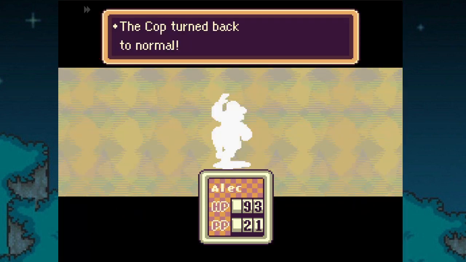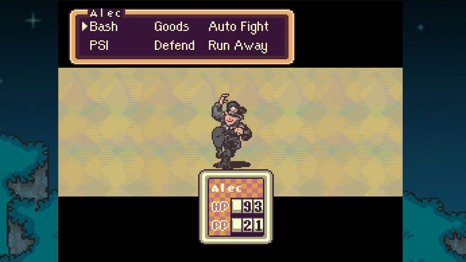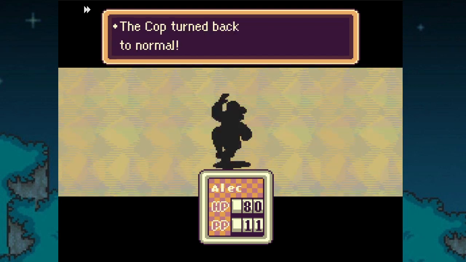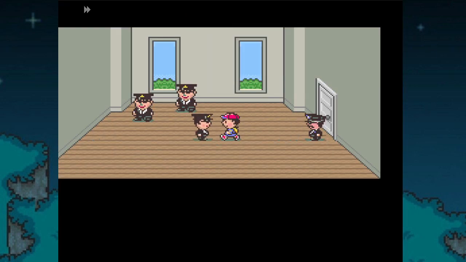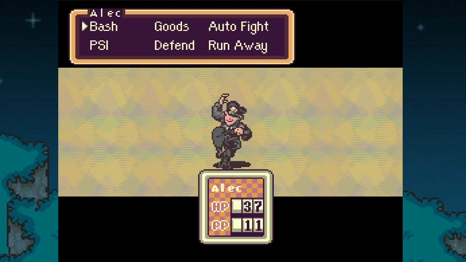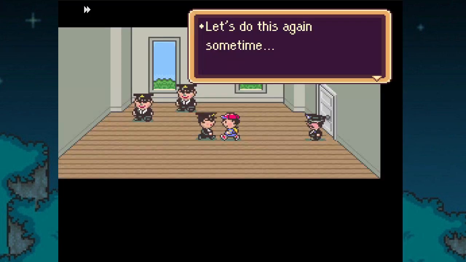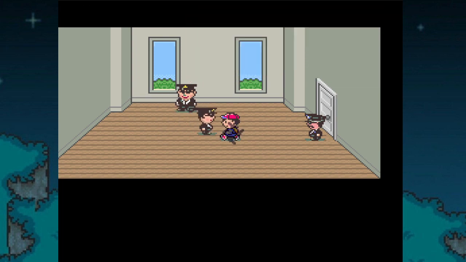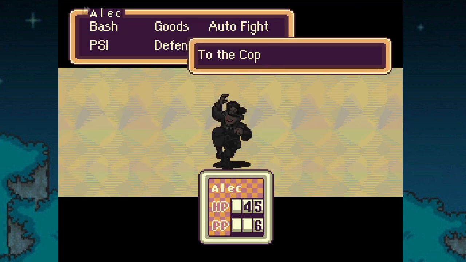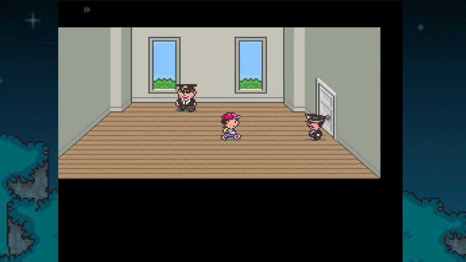Yeah, there we are. We get the power alpha there. Oh, wow. Do the cops have less HP in this version? Okay. I guess I came up one short. Huh. I don't know, it just seemed like I was able to beat him a lot easier than usual. Something interesting is, I may have already passed it, I'm not sure, but there's a reference to Superman at this point in the Japanese version, and I'm curious as to whether...